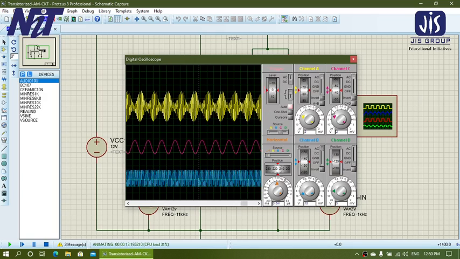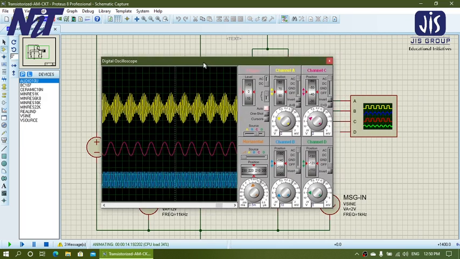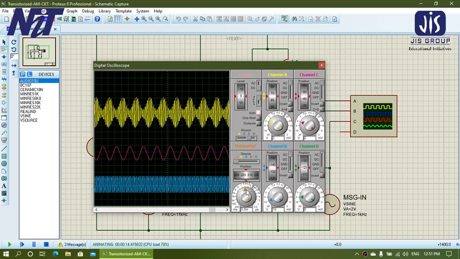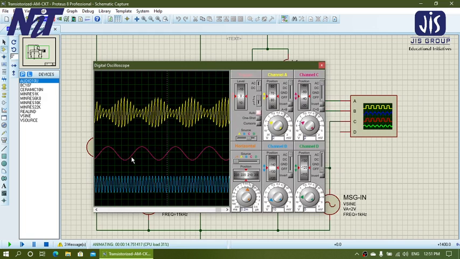Yes, it is channel C, and channel C is set at 2 volt per division and occupies 2 divisions, so it will be a 4 volt peak to peak signal for message. So in this way you have to calculate your voltage as well as the frequency. This is your time base. Okay, this is your time base value.